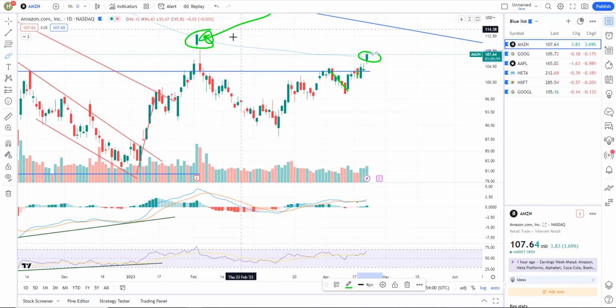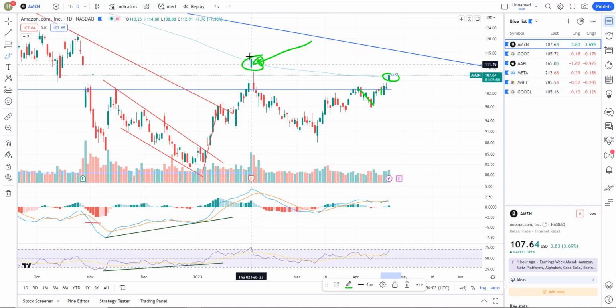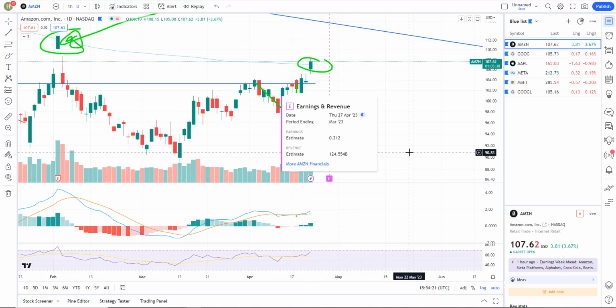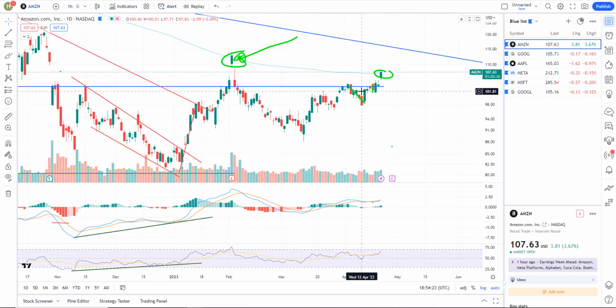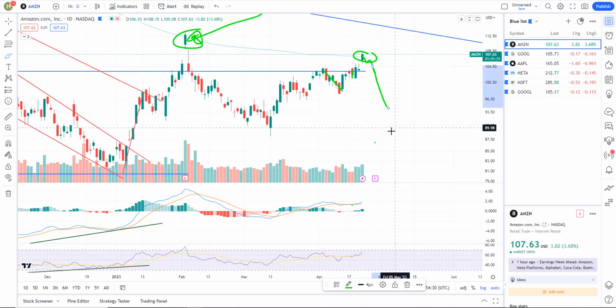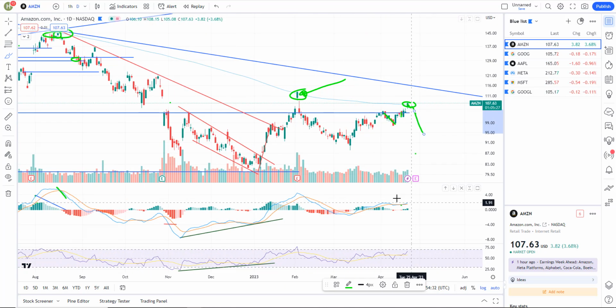We also have this island reversal candlestick, and this is about as high as you want to go to keep that island reversal as a reversal candlestick. So I suspect this is probably the end of the road for the rally in Amazon, and we're going to roll down. We've got earnings next week, next Thursday it looks like. So I suspect they'll probably sell it down, and ultimately we'll start to move lower from here. So something to look for.